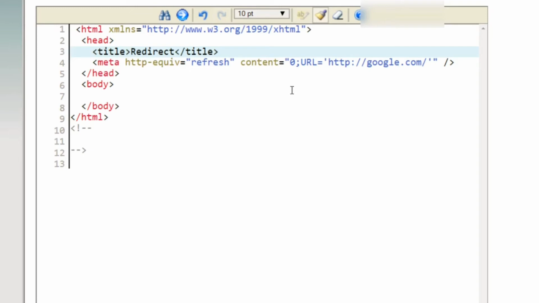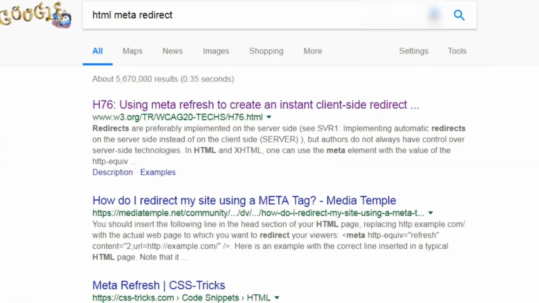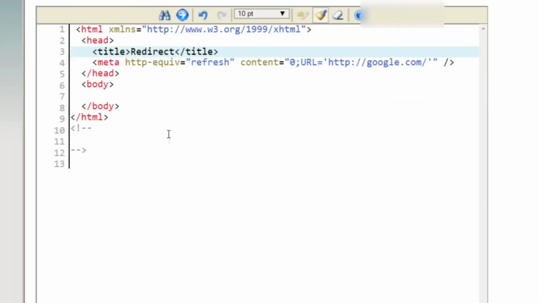You could do that. Or you can simply go to google.com and do a search for HTML meta redirect. Get the code and then just enter the code, as you can see here. And sometimes you'll have stuff in the body. You can remove that. You can change the title. But basically, it's HTML. There's a head, there's a title,